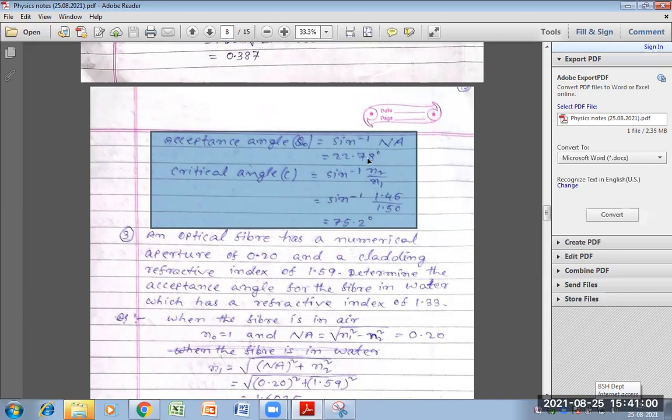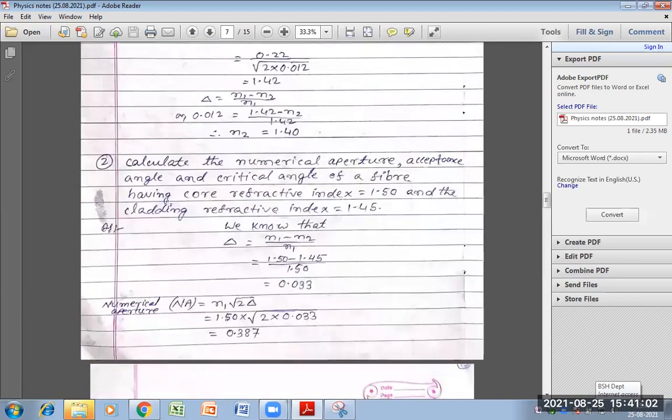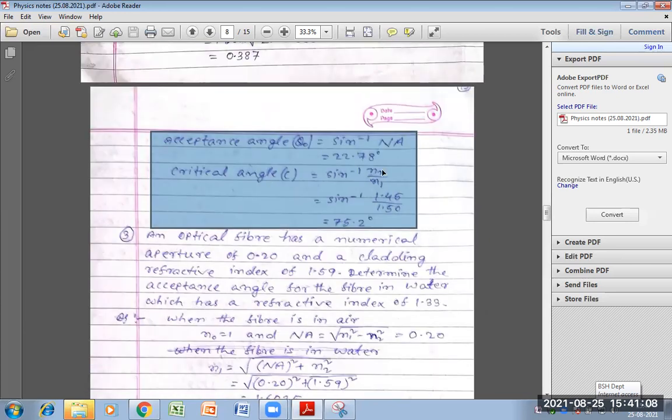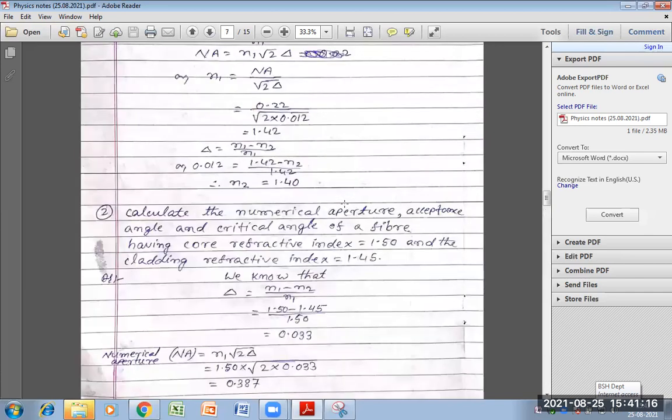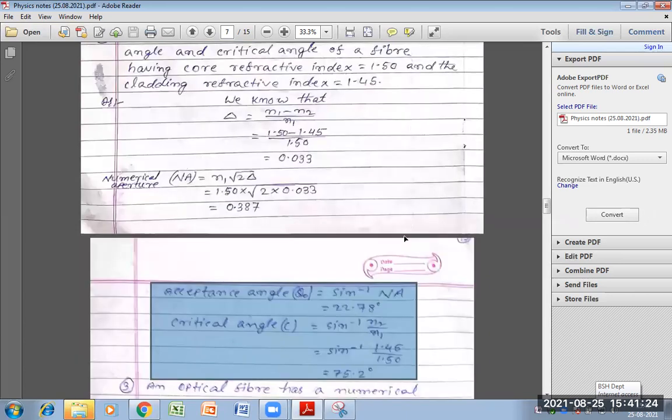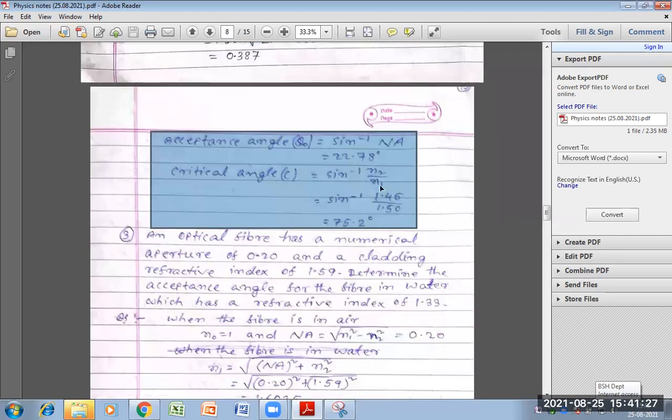And next is the critical angle, here critical angle is this part. So critical angle is equal to, we know that sin inverse n2 divided by n1. So sin inverse, the value of n2 means cladding the refractive index. So the refractive index of cladding is given as 1.45 divided by 1.50. 1.45 divided by n1, कोर का रिफ्रैक्टिव इंडेक्स 1.50, सॉल्व करने पर कितना आया 75.2 डिग्री। क्रिटिकल एंगल इज इक्वल टू 75.2 डिग्री।